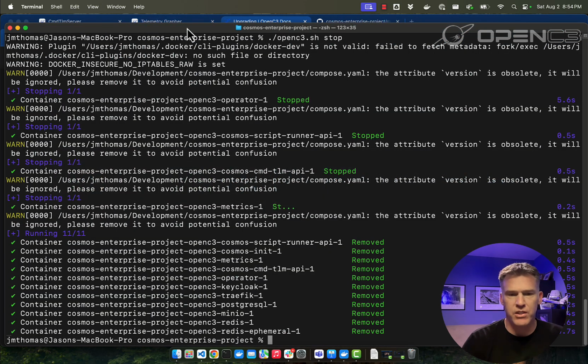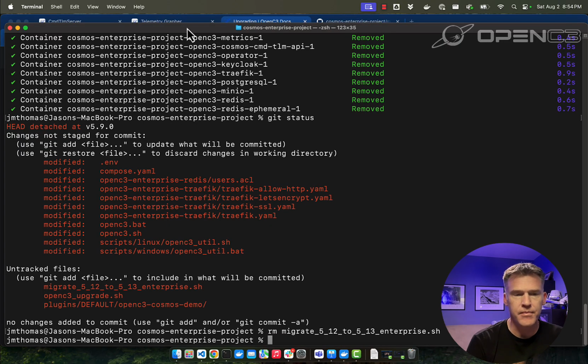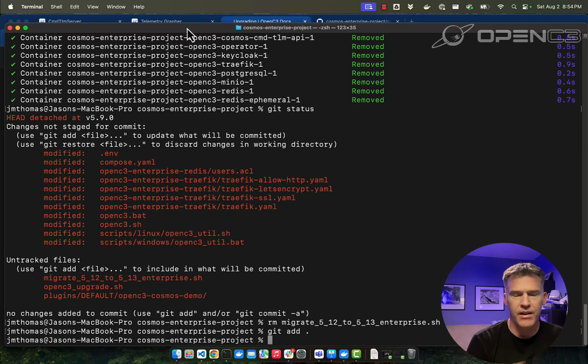So we're in this project directory. I can say, again, git status. And I can blow away this migration script now that I know that it works. So we're just going to get rid of that. We're going to keep our upgrade script, but we're just going to do a git add of everything else that's there. And then I'm going to do a git commit, and I'm going to call it upgrade 5.0